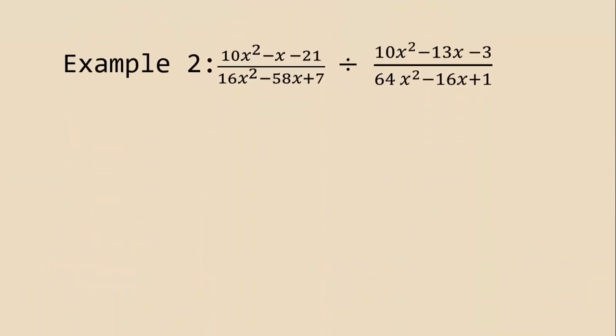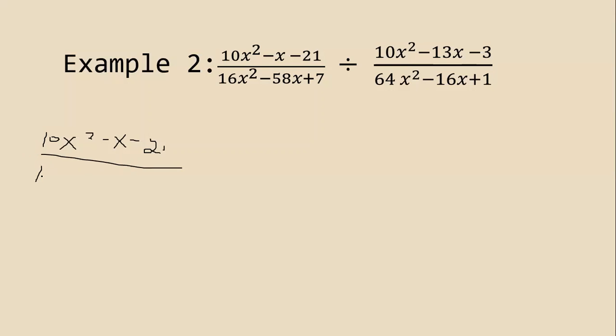Example number 2. We have the trinomial 10x squared minus x minus 21 all over the trinomial 16x squared minus 58x plus 7, divided by the trinomial 10x squared minus 13x minus 3 all over the trinomial 64x squared minus 16x plus 1. So first one, para po hindi malito, copy first the numerator. Our numerator would be,